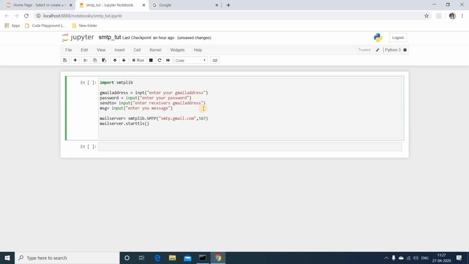And the next part is you need to implement login and send mail functions using the server you created. Just type mail server dot login. You need to pass 2 arguments. The first one is your Gmail address and then your password. I'll be passing the Gmail address and then my password.